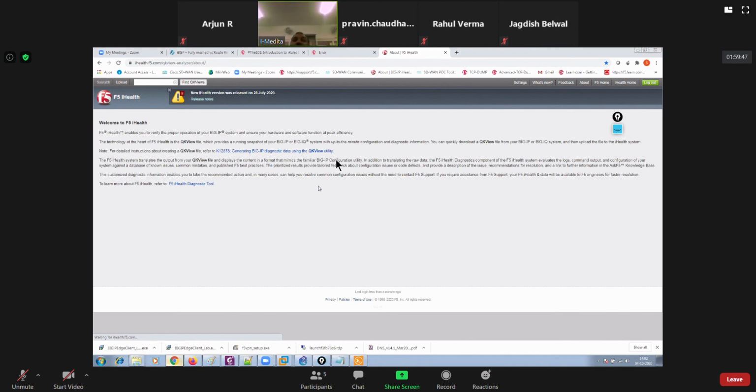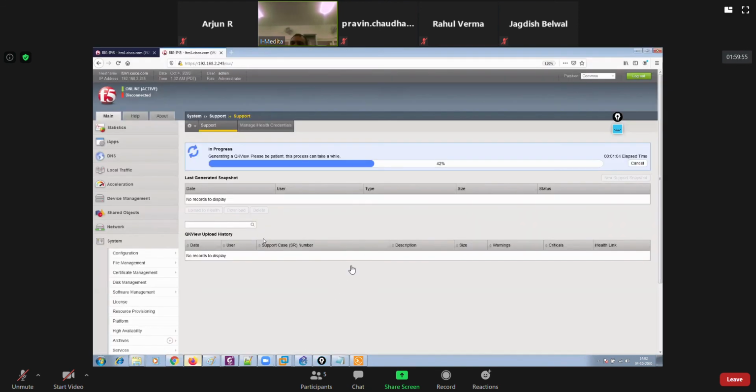When I say QKView analyzer, it means it will analyze whether your device is configured properly or not. To do so, first create your QKView file on your BIG-IP. This is what we are doing now. It's 45% completed already. Once it generates the QKView file, I'll download it and upload it to the iHealth portal,